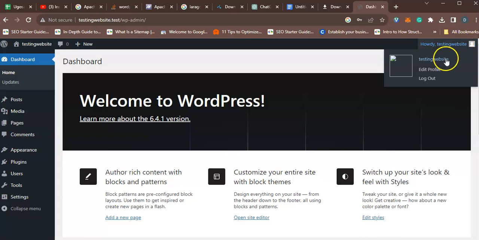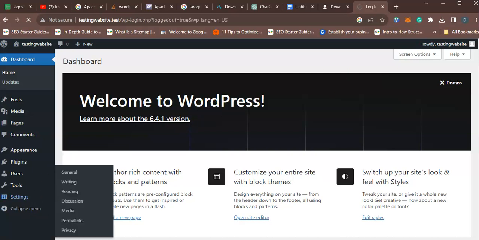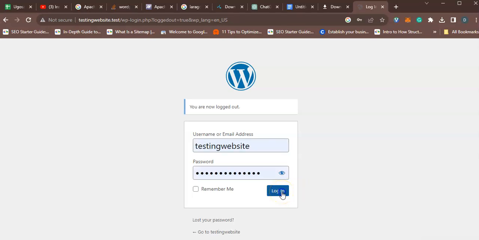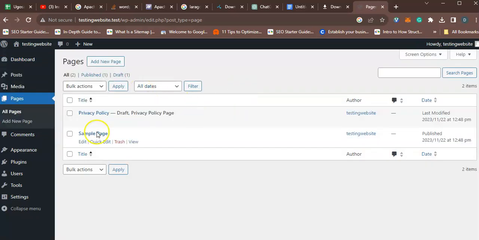So I can log out of this account. And I can log in again and it will be successful without any issues. Just observe this URL. You can go to my pages, nothing is there, everything is working fine. So that's just that on how to install